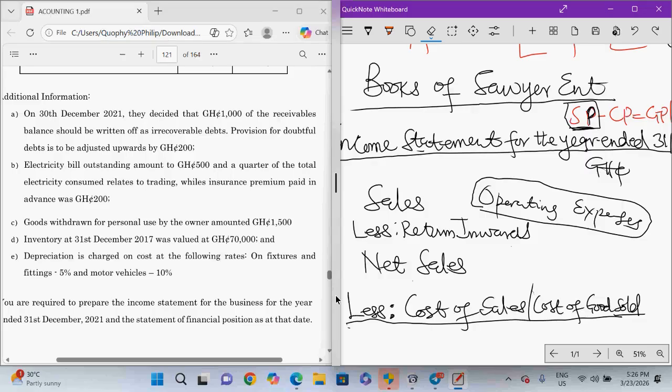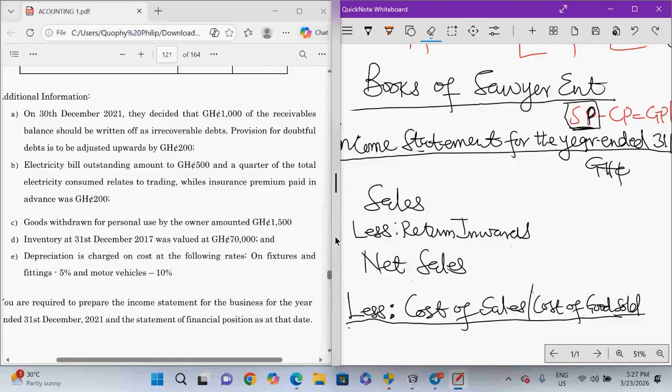Then you get your net sales. If you take 10 questions, about 9 out of 10 would not really do adjustment for the sales. But it's still prudent. You don't know what the examiner is trying to do. Maybe he's trying to make that particular section very tricky, right? So yes, it is good to go through the